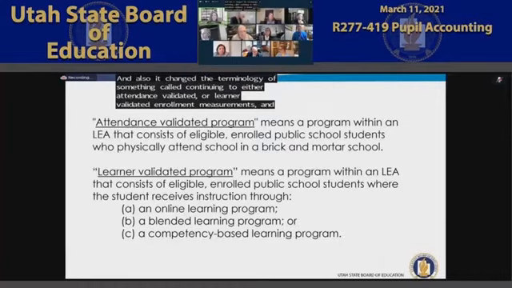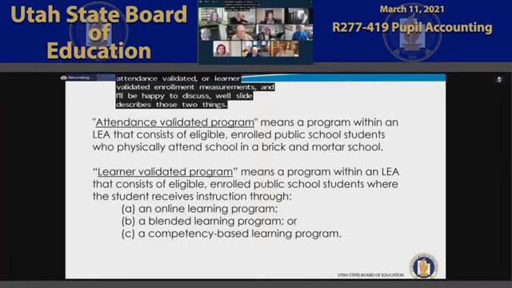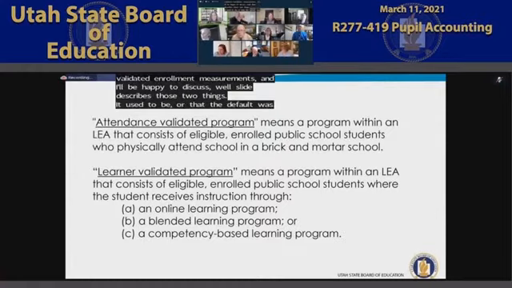The former language used to say traditional and non-traditional. Because blended online competency-based learning is no longer non-traditional, the language was changed to attendance validated and then learner validated,